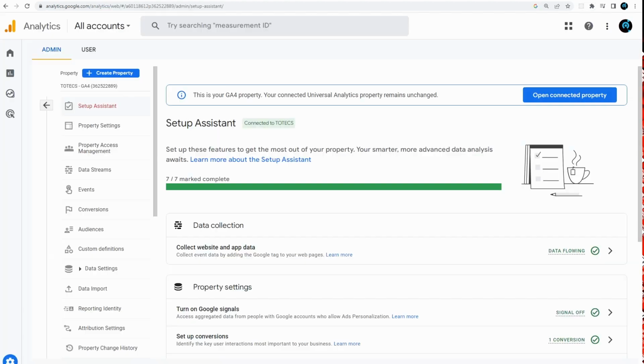If you already had a Google Analytics account set up that was using the Universal Analytics service, then Google will have already migrated over your account to the Analytics 4 service. Google has also provided a setup assistant to help that migration process that will appear once you log into Google Analytics.